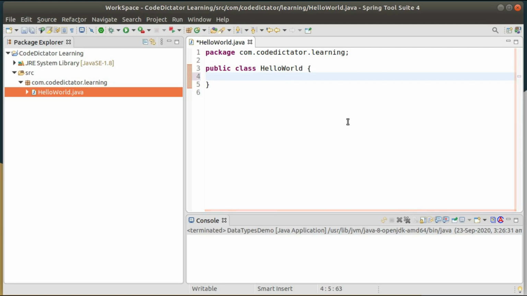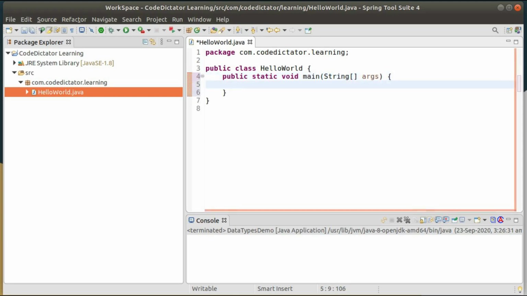Write down public, your access modifier. Static is a keyword to define your main method, void is the return type of your main method, and main is the entry point or signature of your calling method. Then we need to write a String type array to take the command line arguments, and open and close the parenthesis of your method.